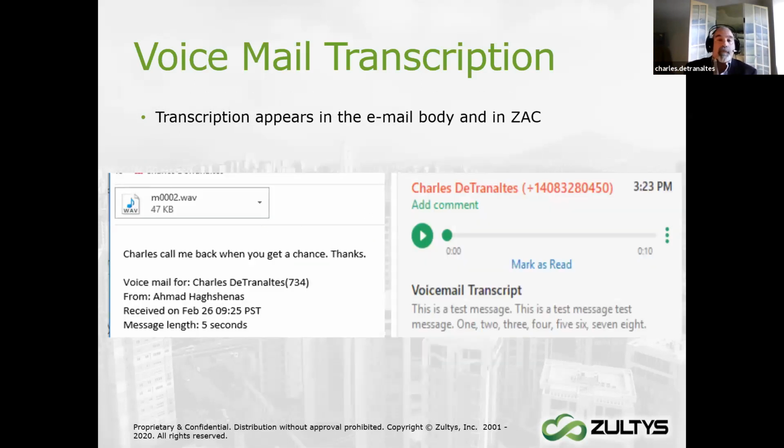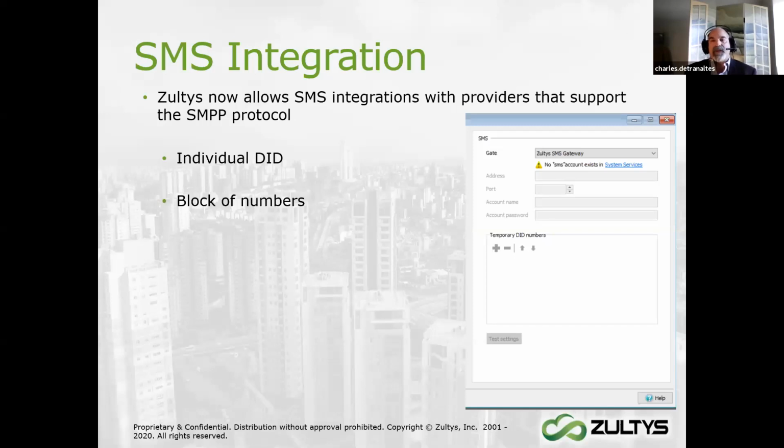Justin mentioned we provide the transcription in 2 areas. One is what you'll see in a voicemail to email attachment. It'll be in the body of the email, and this is what you will see in ZAC, in the ZAC interface. The transcription will be attached with the actual voicemail when you click on it. So very easy, very simple to use. Very powerful feature. And again, there's various levels. We've had good luck based on the early access sites with all 3 services.